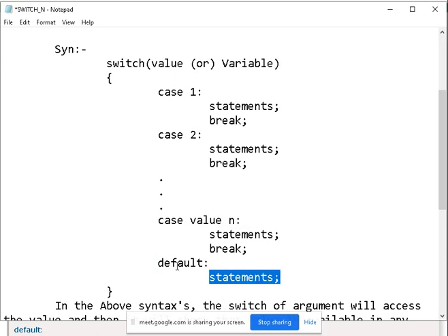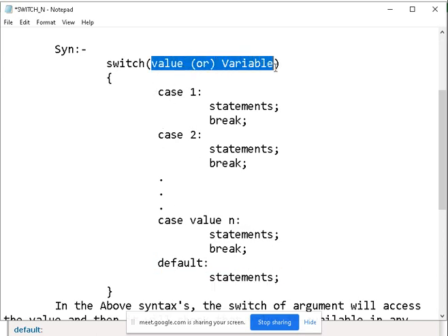These are all the case values. If this value is integer, this will be integer. If it is character, this will be character. If it is float, this will be float. So depending on the case values, we have to mention the appropriate cases.